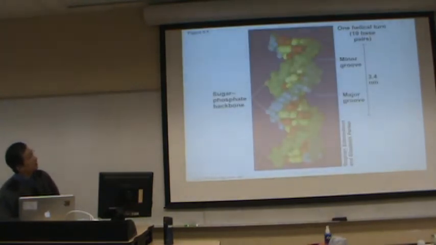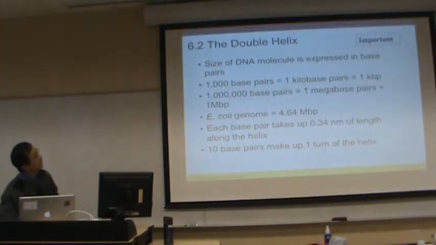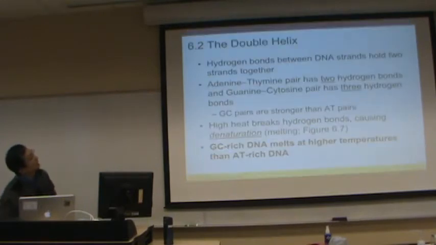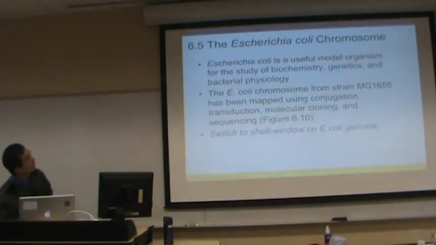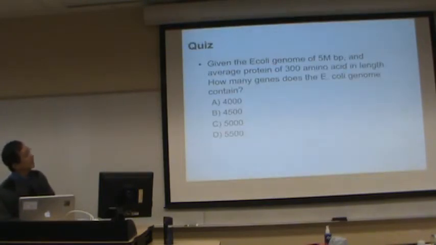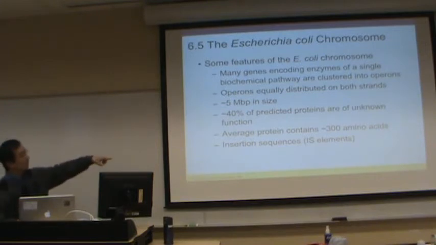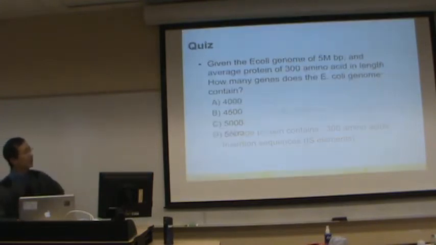Let's finish chapter 6. We finished the Spelman, finished the double helix, you see, right? Okay, here's the question. E. coli genome is about 5 million base pair, and its average protein is 13 amino acid. And now,